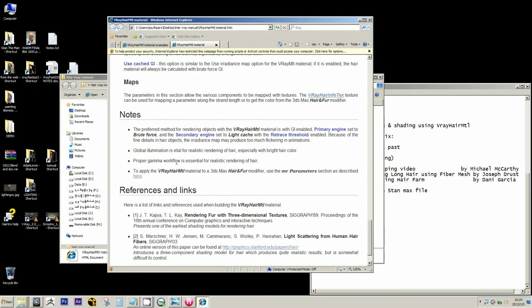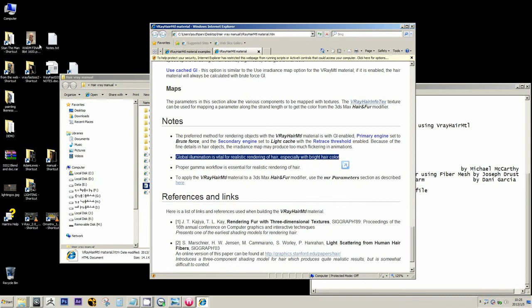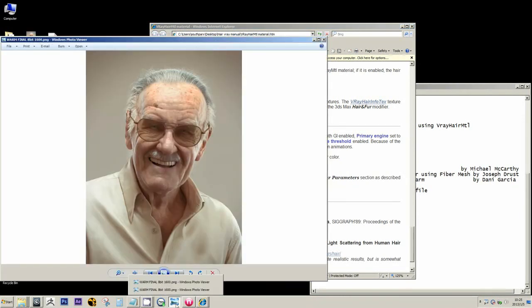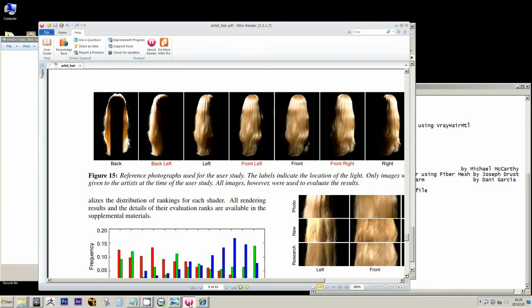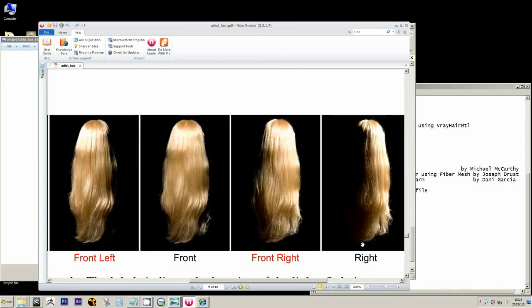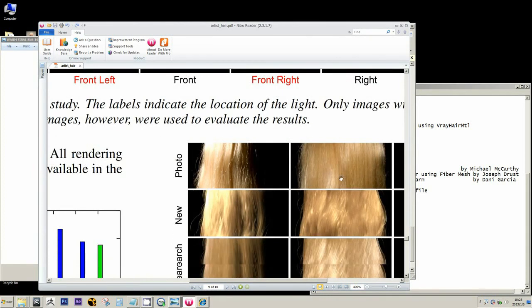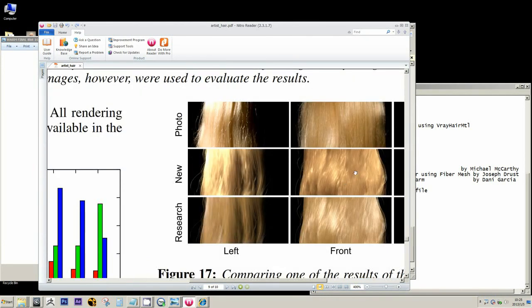So it's mentioned here that global illumination is vital for realistic rendering of hair, especially with bright hair colors. This is definitely a bright hair color, right? For example, the blonde here is also a bright hair color. I think, you know, even though it's a photograph, if you want to light this nicely,